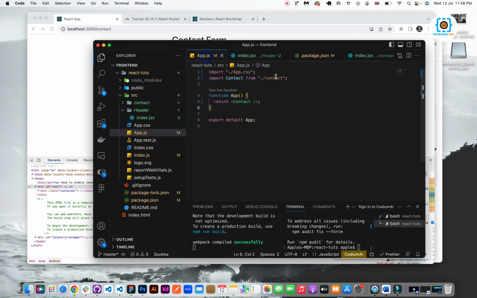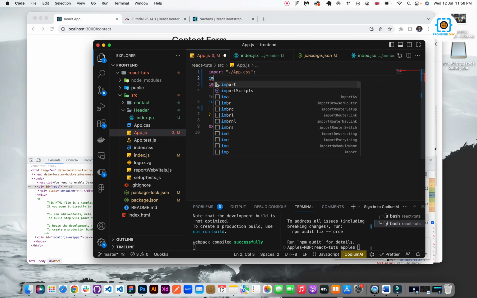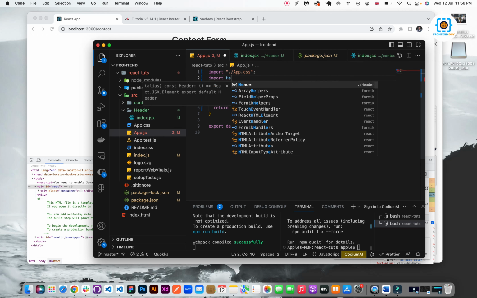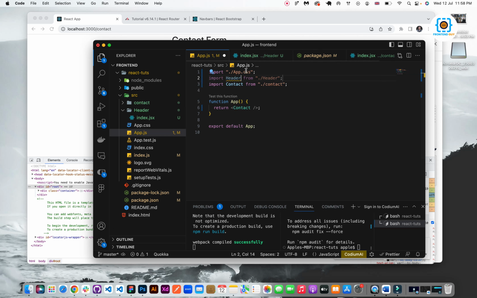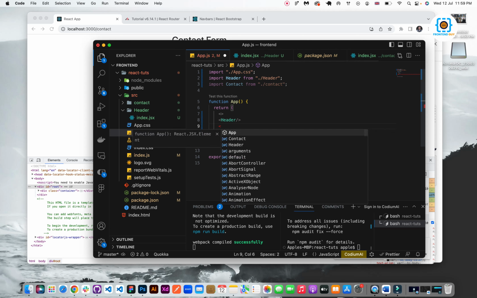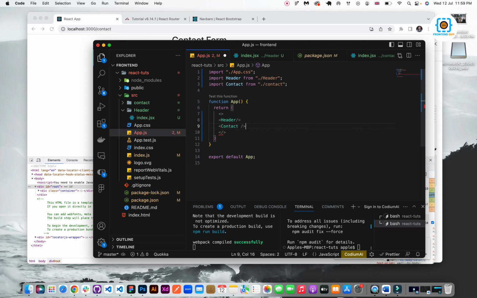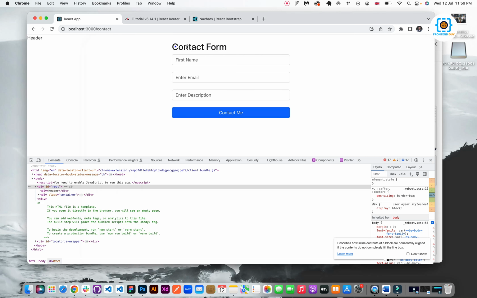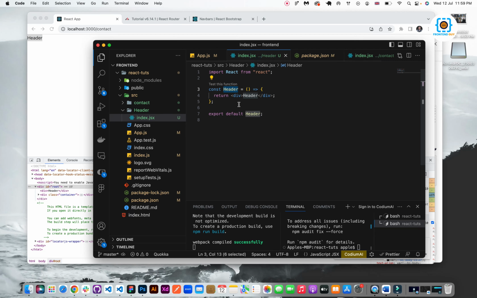So simply come into the app.js file and write import Header from the header which I have created, and now I will render that inside the return statement like this, header and our final contact. Save that, and you can see that I have the contact form and the header text here as well. Now we have already created the header file, so we will replace that code with our Bootstrap